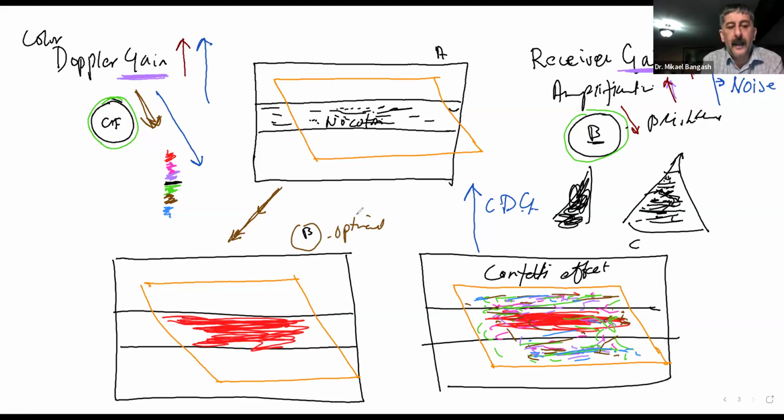How did we get that? Mainly by increasing the color Doppler gain. But too much color Doppler gain,